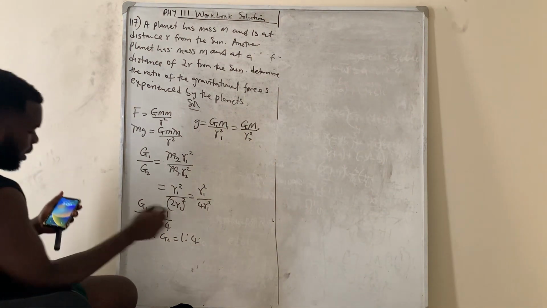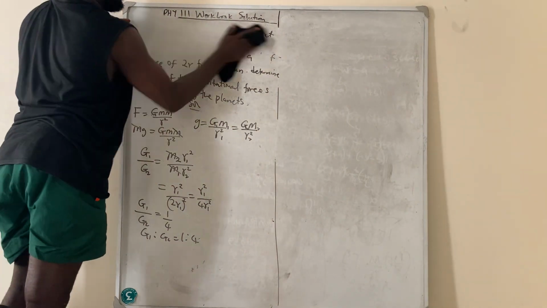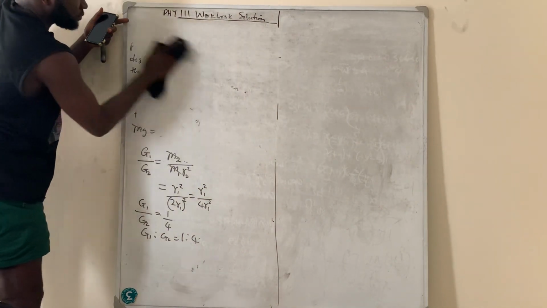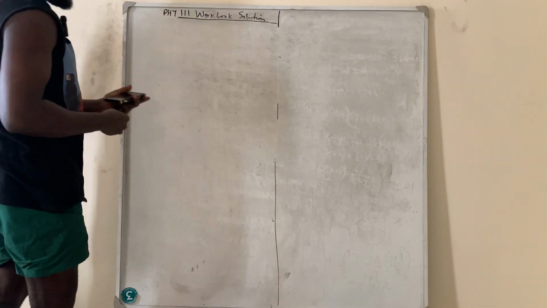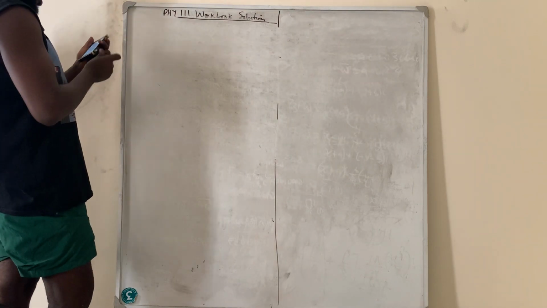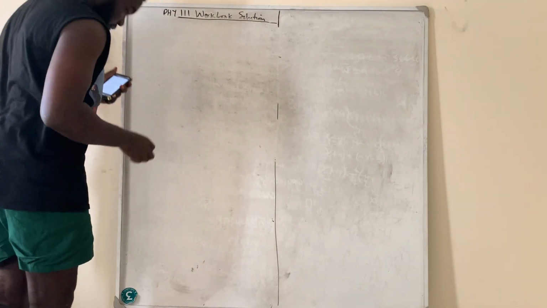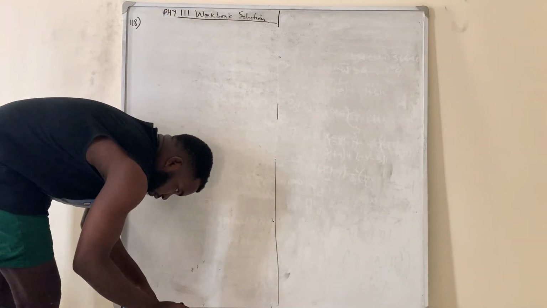So go to question number 118. M1 is equal to M2, that's why they cancel out immediately without substitution. Okay, so question number 118 said,